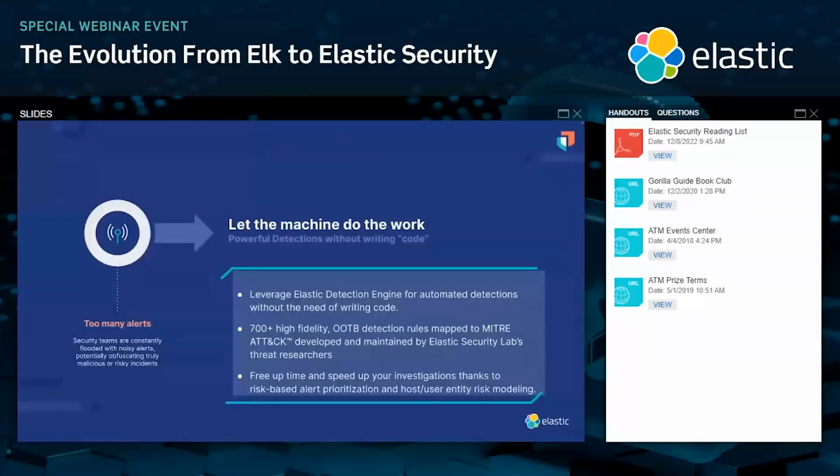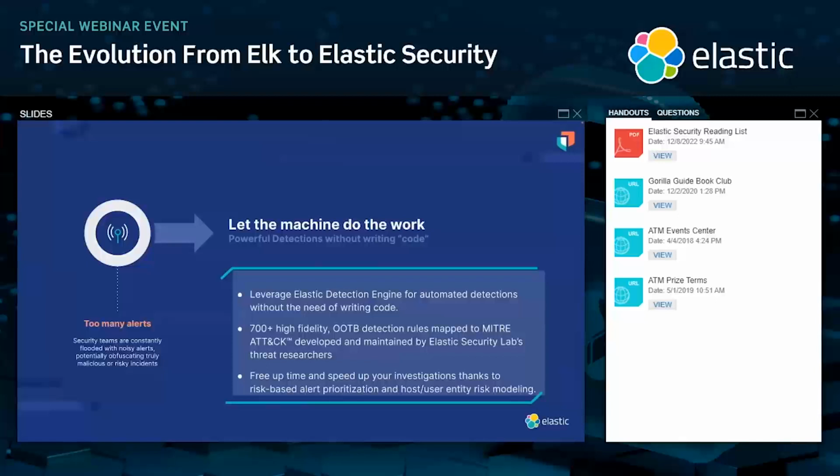So clicking back on the slides, really what we saw here was how the Elastic detection engine and that machine learning technology can easily surface known and unknown threats without the user having to write a line of code, right? You might be familiar with things like Watcher from the ELK days, which was very programmatically driven.